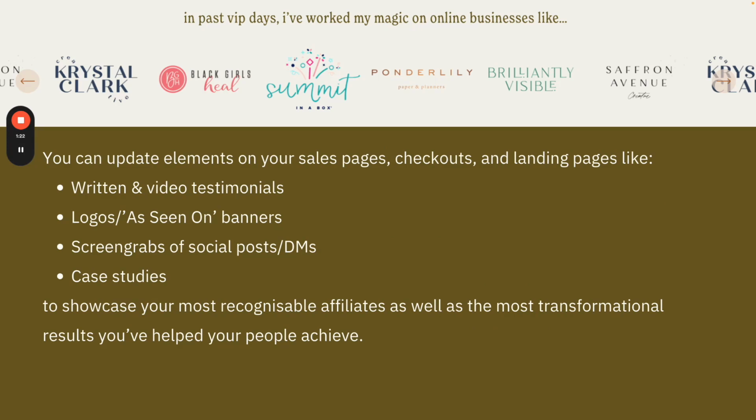So you can update elements on your sales pages, checkouts, and landing pages, like written and video testimonials, logos, or "as seen on" banners that you can see at the top of the slide here, screen grabs of social posts or DMs, or case studies. And you can update all of these to showcase either your most recognizable affiliates or affiliates who are bringing you the most traffic, as well as the most transformational results. It's not like one or the other. You can still showcase your best testimonials, but this is just rejigging what you have and seeing, okay, well, yeah, I'm getting a lot of